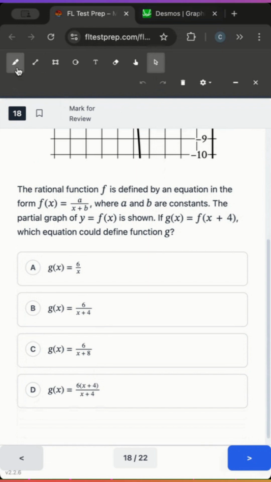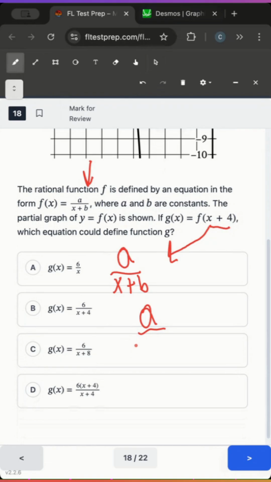Well, if what I'm doing is replacing x with x plus 4 to create g of x, I can actually plug that into my f of x. So if I know f of x is a over x plus b, and I'm putting in x plus 4, it'll actually look like this. It'll be a over x plus 4 plus b. And so looking at that, I can look at the answer choices and pretty much tell you,